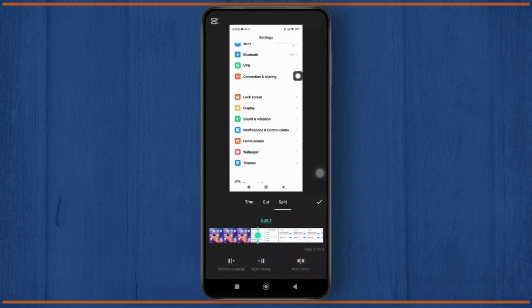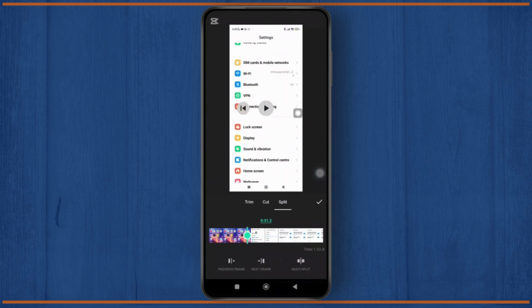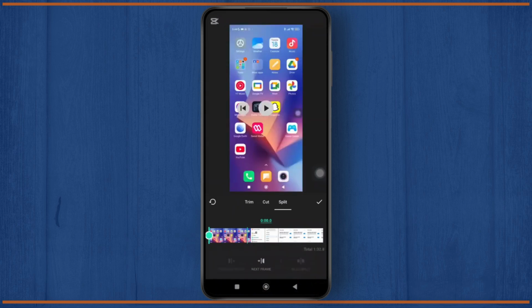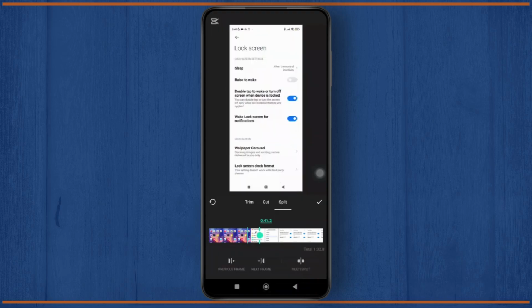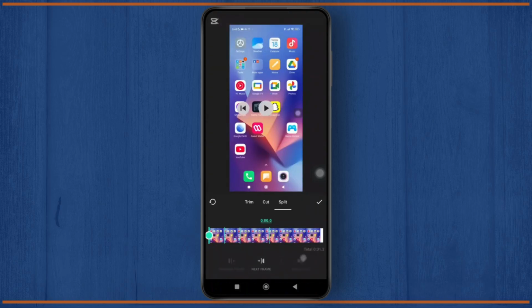And if you tap on split, you can choose to split the video once or use multi-split at the bottom right corner to divide into multiple sections. For example, if you split it five times and tap on done, you will end up with 5 separate